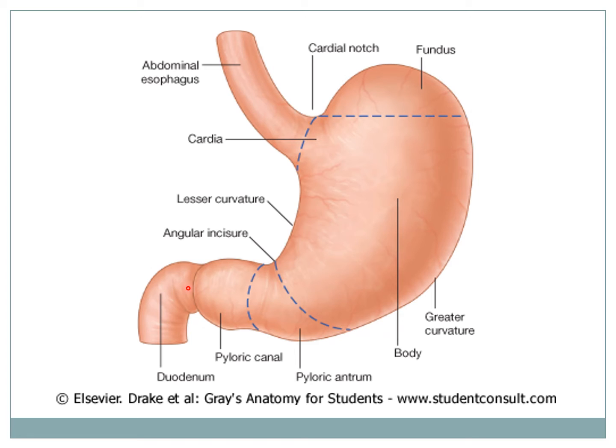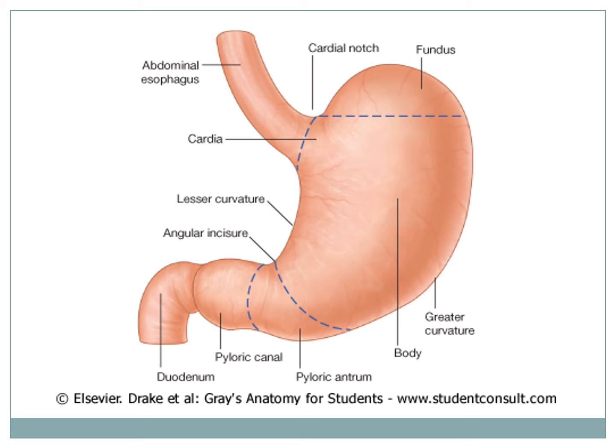The second one is the body. It is separated from the pyloric part by an imaginary plane, vertical or slightly oblique, extending from the incisura angularis to a notch on the left side of the pyloric antrum. The pyloric part is subdivided into the pyloric antrum and the pyloric canal.